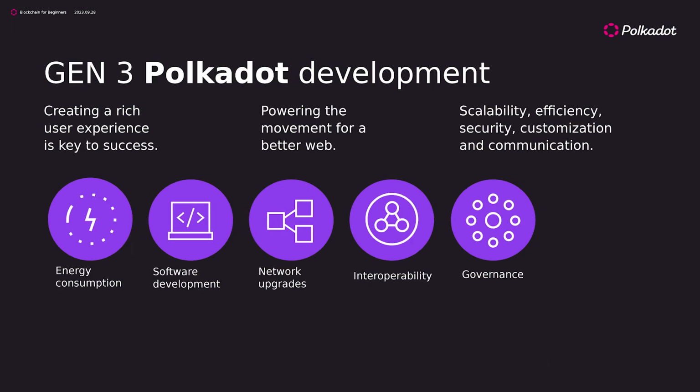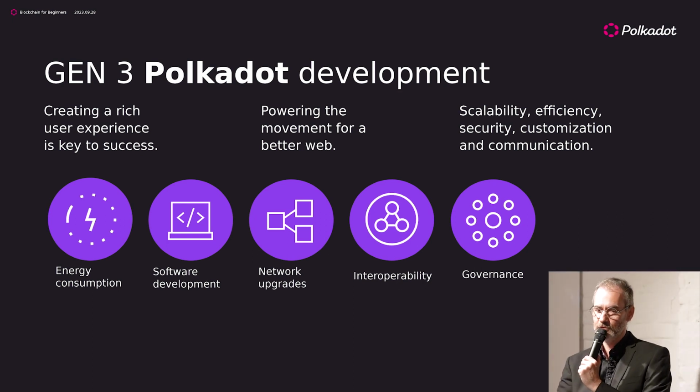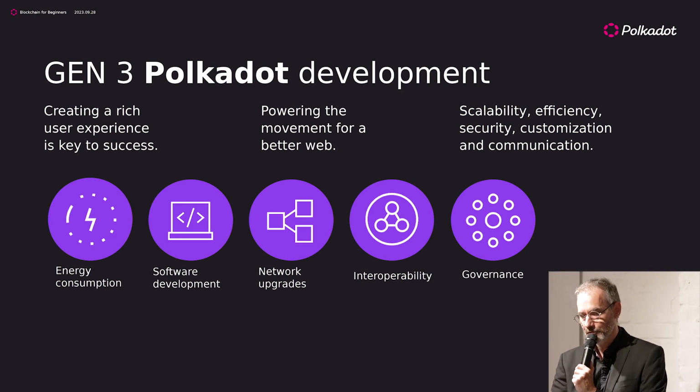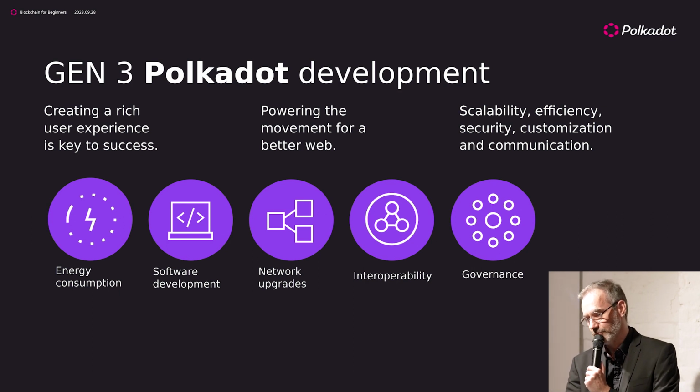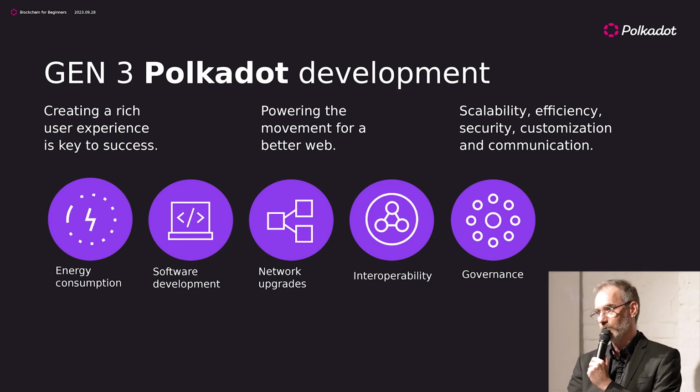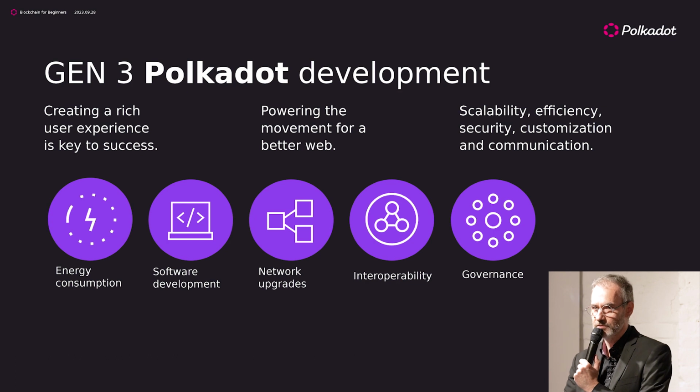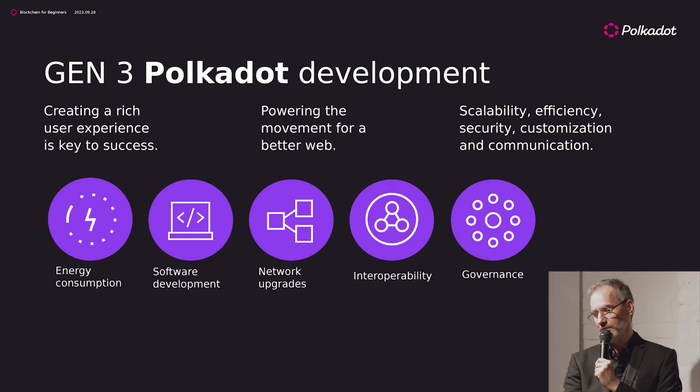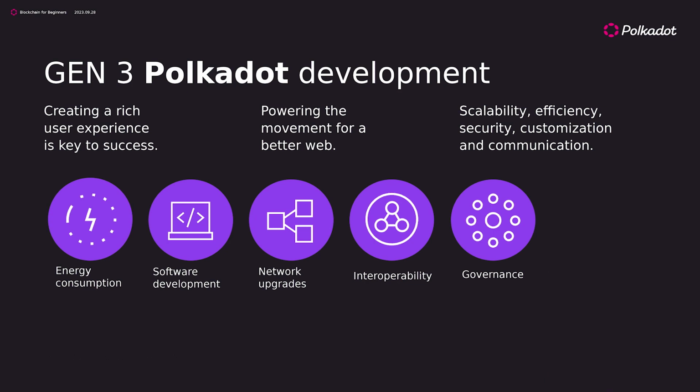So we came up with the following points and said, okay, energy consumption should be low to reduce transaction costs. We need software upgrades, network upgrades that have to go through without big issues. We want to communicate with each other. We want to make it big. We need interoperability. And of course, there must be a consensus in the blockchain on how to upgrade. Those are all topics we will cover in the next presentations. So basically one presentation for every topic there and much more.